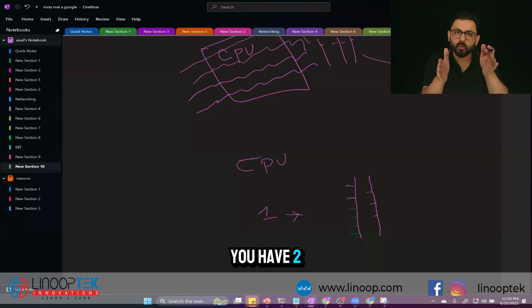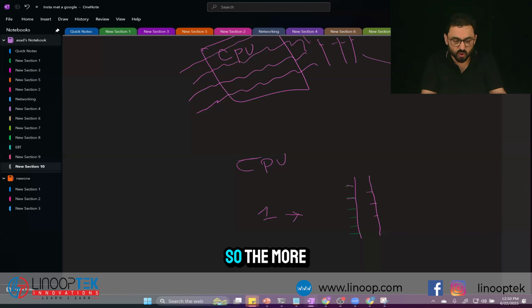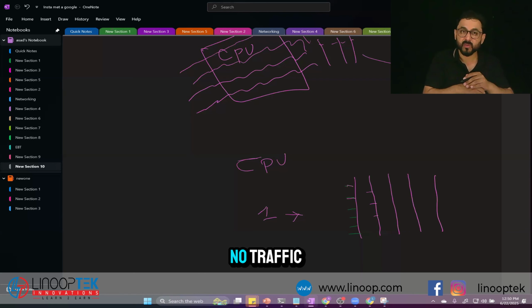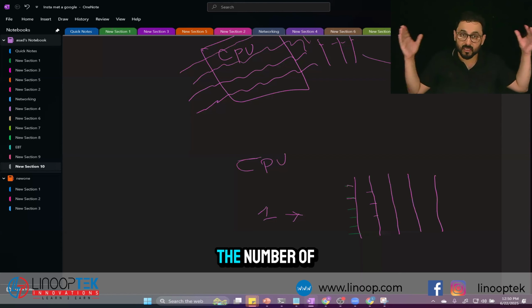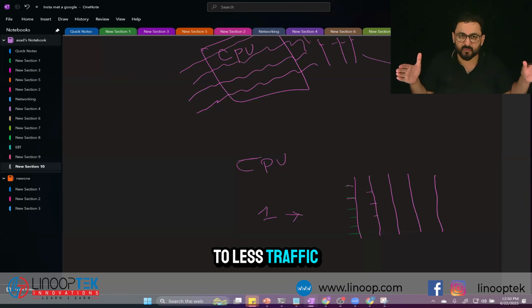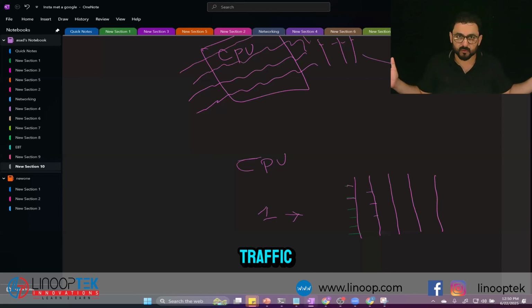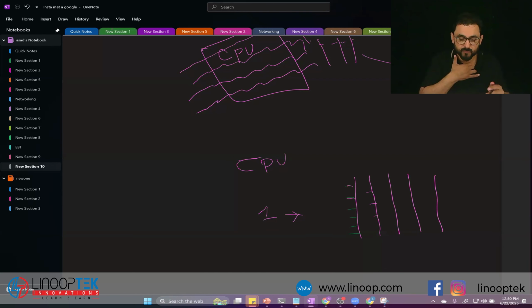Now you have two highway lanes. So the more lanes you have, the more CPUs you have. Imagine more lanes on the highway means no traffic. Fewer lanes means more traffic, and more lanes means less traffic. So think of a highway,